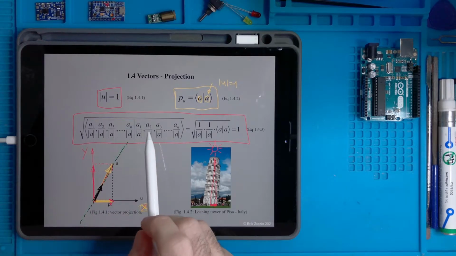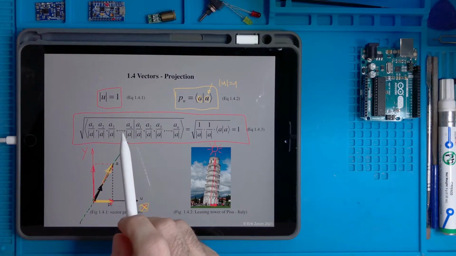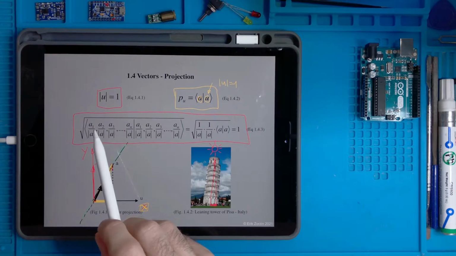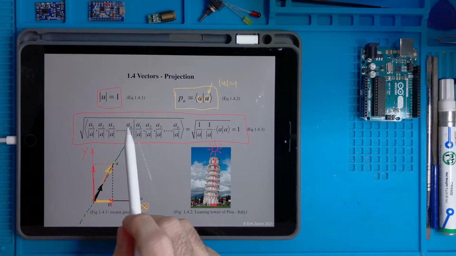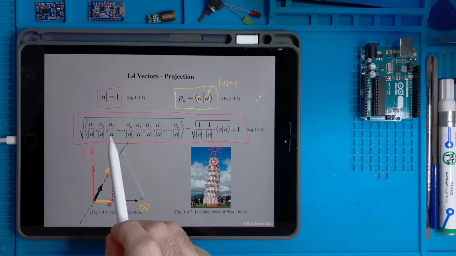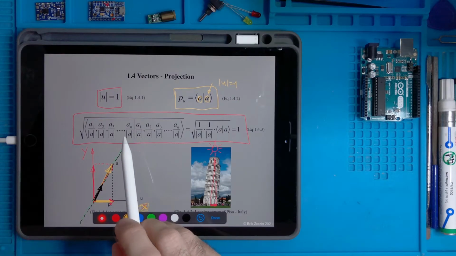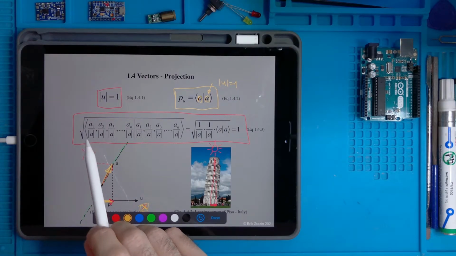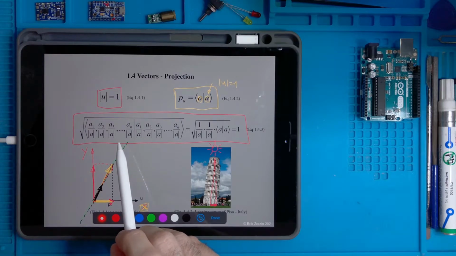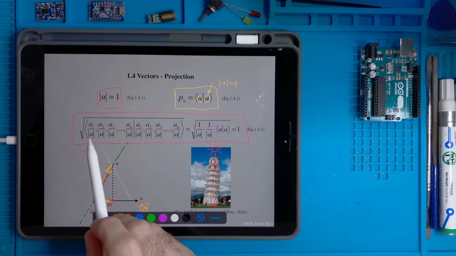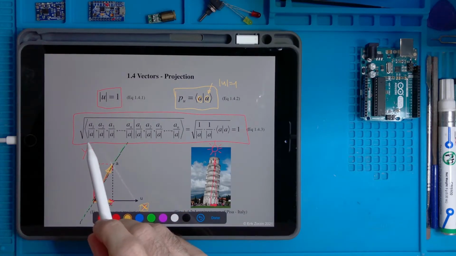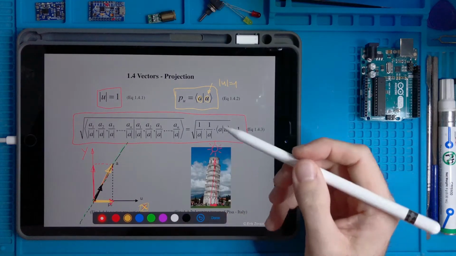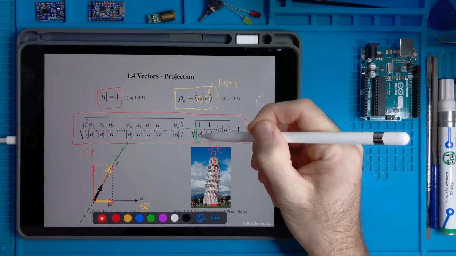So if we do this and we want to compute the magnitude of a vector, we obtain it by taking its components and individually dividing them by its length. So we apply the definition of inner product. We can carry this 1 over a as a common factor out of the vector, from the left vector, which is the row vector, and from the right vector, which is the column vector. Here we have these two factors.